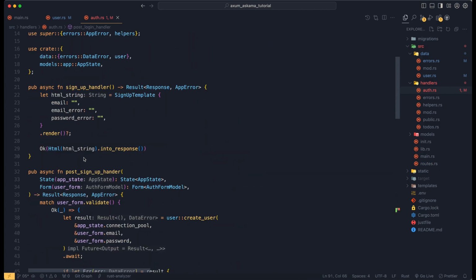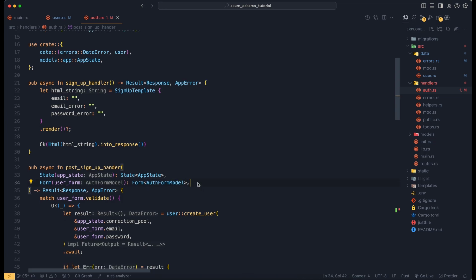Similar to the post sign up handler, the post login handler will also take state of app state and form of auth form model. Just in case you forgot this, our sign up and login both have email and password input fields. Therefore, we can use the same form model. So we can just copy this